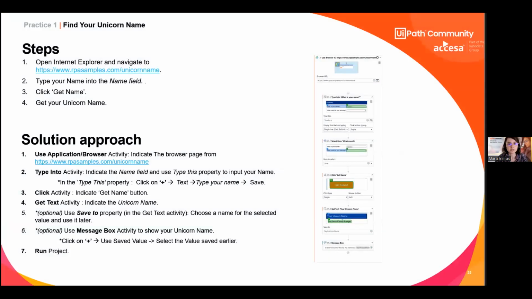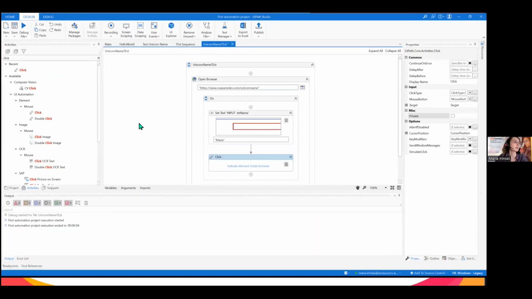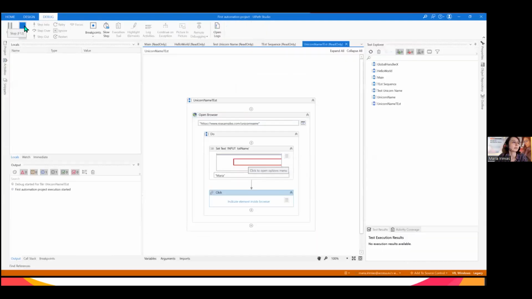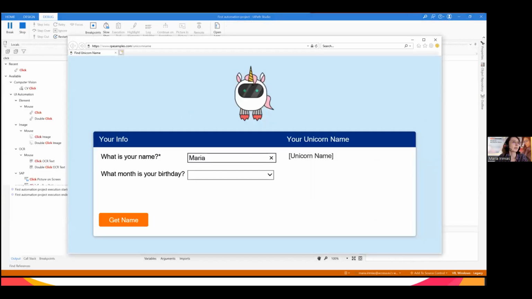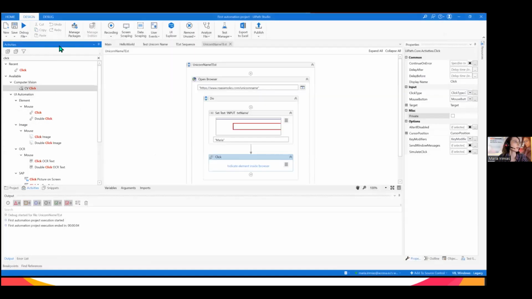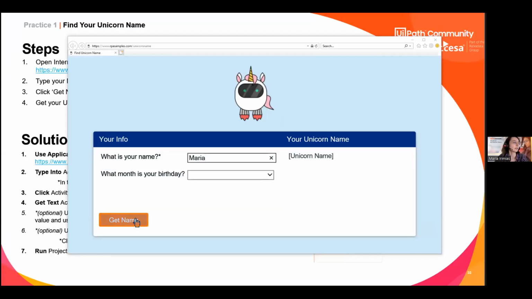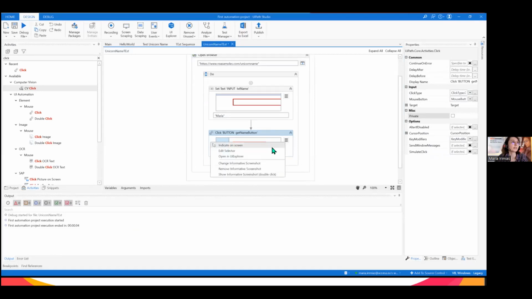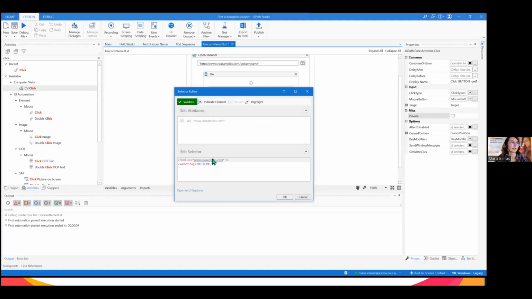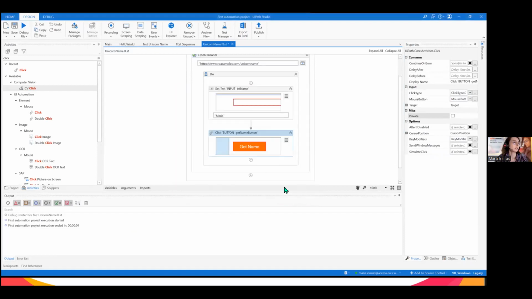Because I do not have my Internet Explorer open, I have to open it again. I will run the process to do that, so that we will have Internet Explorer open. Now we have it, and now I can indicate the element. We identify the element because I want to make sure it's properly identified. I will edit the selector directly here if I know exactly the properties, if I have the Explorer open. If not, I can open it in Explorer.